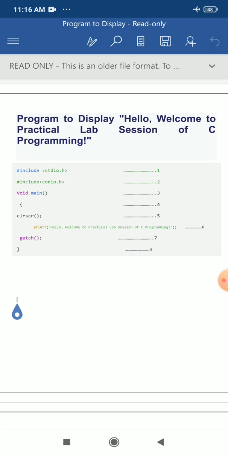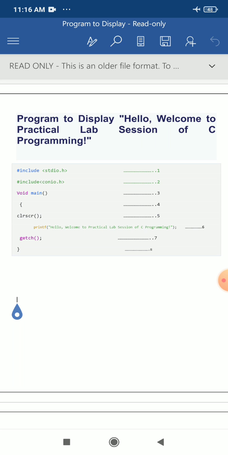Then we have another function that is getch. Why are we using getch? Dear students, this function is used to hold the output window. If you want to hold the output window, we require a function that is known as getch.